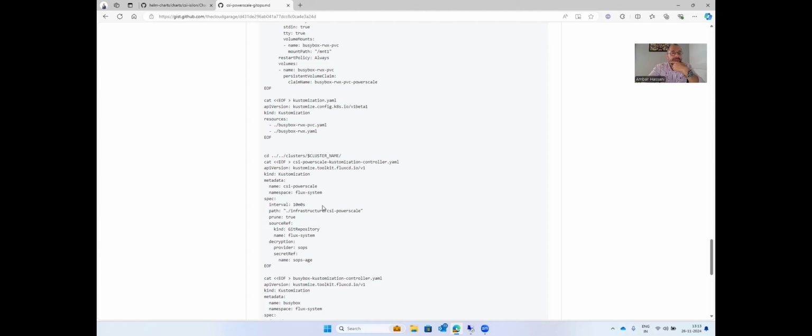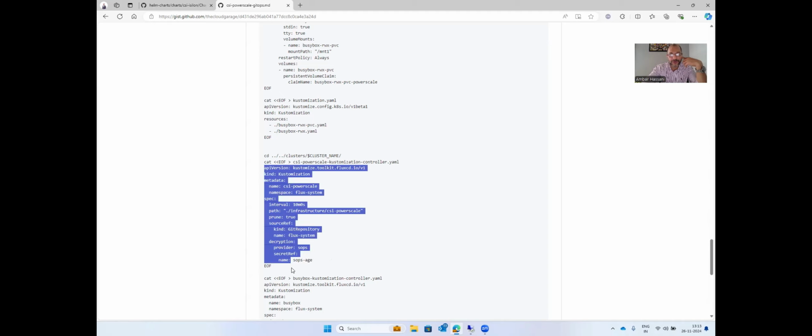But for the CSI drivers to work, the secrets which are stored there are in encrypted status. So to decrypt that, it provides a decryption mechanism saying that the provider is SOPS. And this is the secret, the private key that we had created as a secret in the Flux namespace, right? So the SOPS age. So this will give you an end-to-end, successful deployment of your CSI